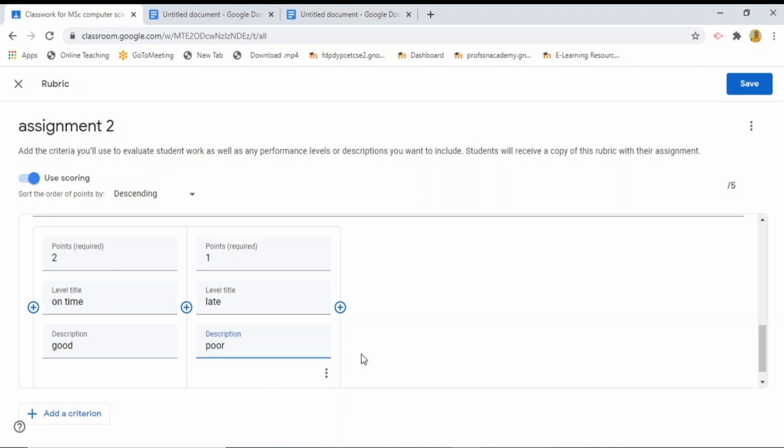So in this criteria, the students who have submitted on time will be awarded 2 marks, and the students who submit late will be awarded only 1 mark. Okay, this is the criteria that I have set up for this assignment 2. So in this way, you can add as many levels as you want. Now click the Save button so that the rubric is saved.